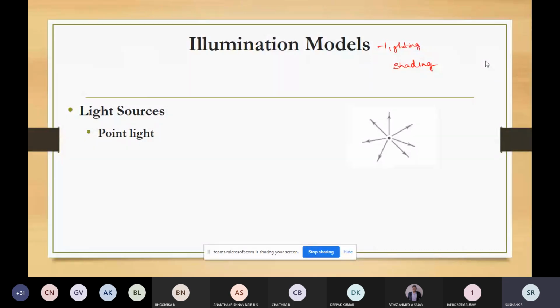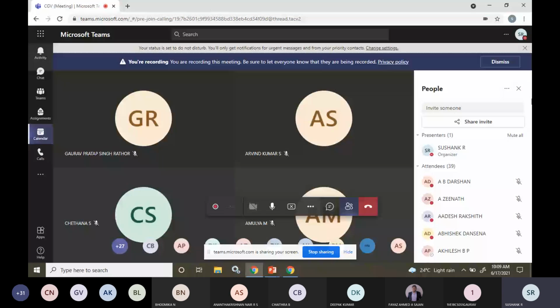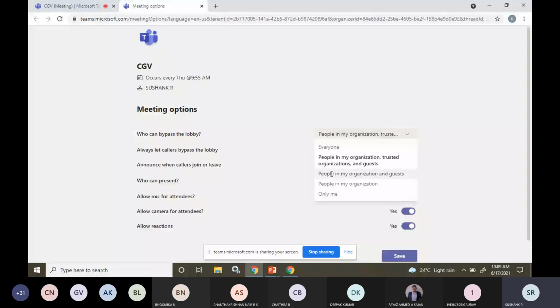In computer graphics, you can create a light source which will emit lights of different colors in different directions. That light source can emit different colors in different directions, and that is also possible. You can create that kind of property, so that one object can be emitting different lights in different directions.